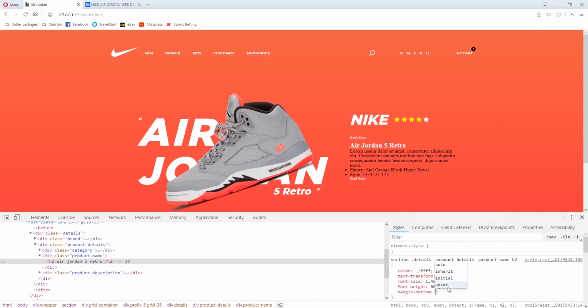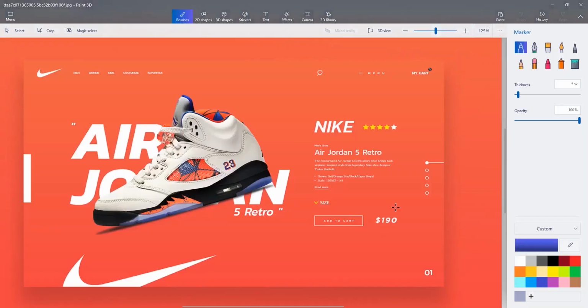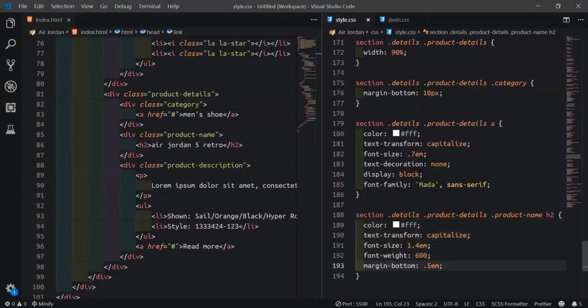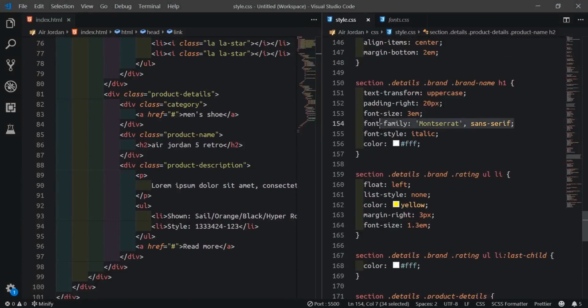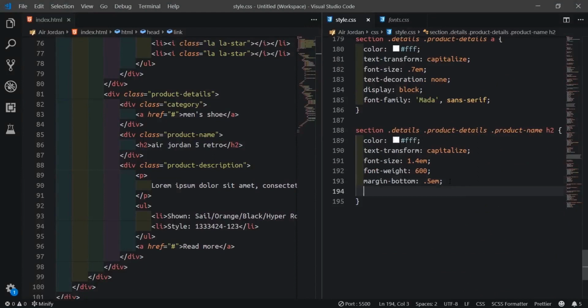So margin bottom is going to be like 0.5em. Then, you know what? Might just copy this one out first. So I'll copy it out now, then I'll paste it here. I'll just copy the fonts here, this Montserrat, because we need it. So I'll copy this one. We'll put it here too.